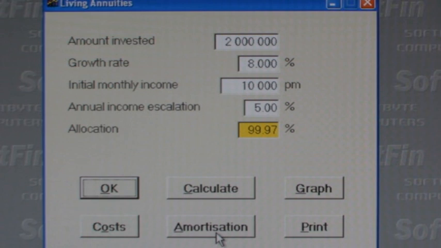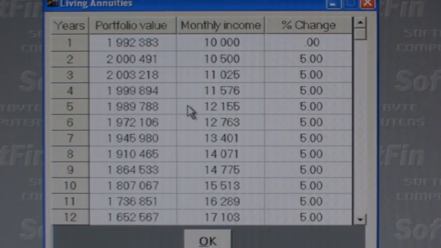If we click on the Amortisation button, this table shows the year-by-year progression of our total portfolio value, the monthly income amount drawn, and the percentage change in our income. We asked for 5% escalation. However, we can see that our portfolio capital does start dropping as the monthly amount we draw increases by 5%